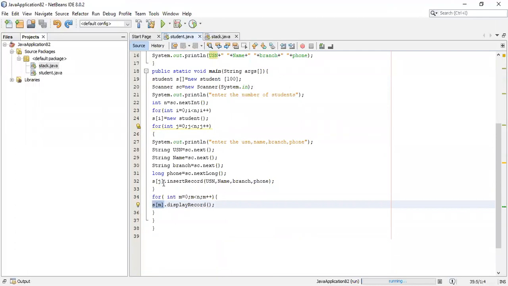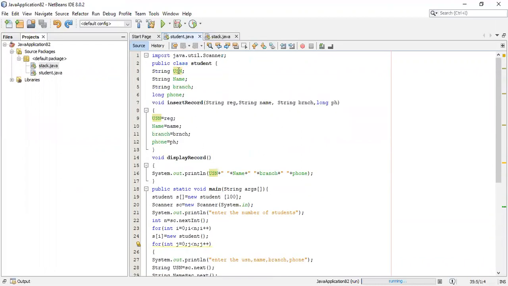These two things should be put inside a for loop, and that for loop starts from 0 and ends at n. So if you have given the n value as 3, three students' details will be taken, stored in the class variable student and also displayed.